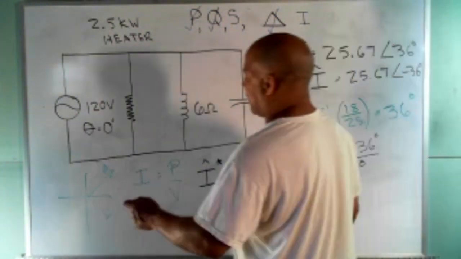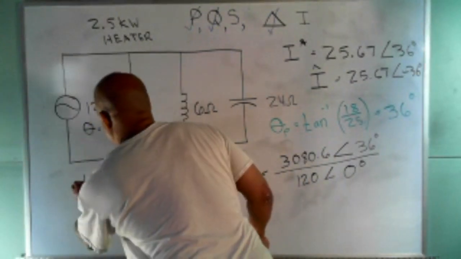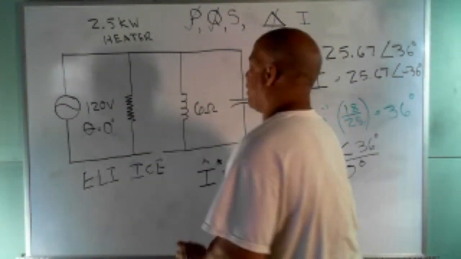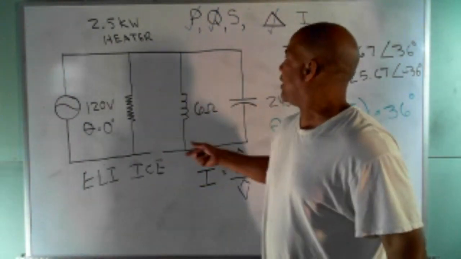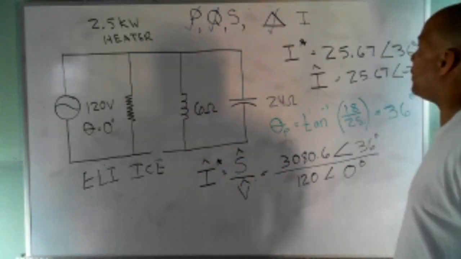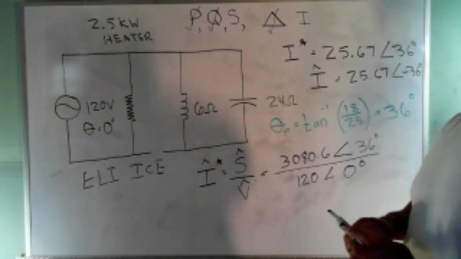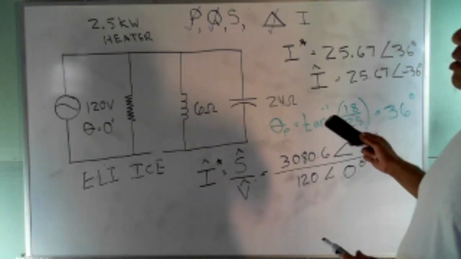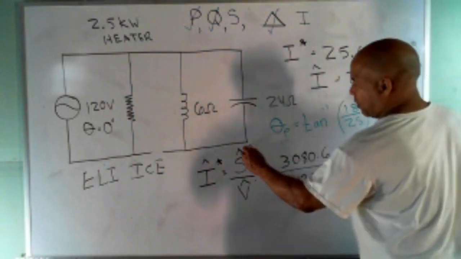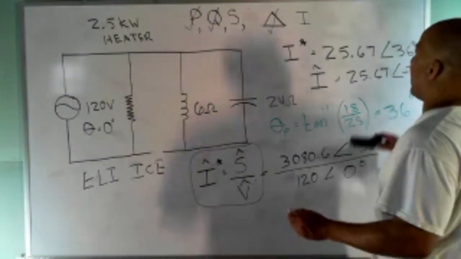And if you remember Eli the Iceman, they didn't ask you this, I'm just telling you to think about it. If the current is lagging, that means this inductor here is having more of an effect on the circuit. But that's it. So the takeaway with this power practice number 2 is just the complex conjugate formula right here. That's the new thing. So remember that formula,